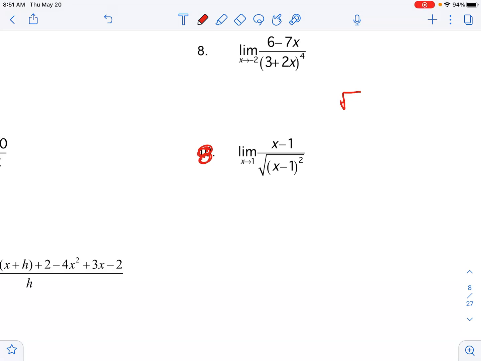Okay, in order to do this problem, what you need to think back to is something from algebra. So the square root of x squared is the absolute value of x. And if you think about the absolute value of x, there's your two scenarios. It's x if x is greater than or equal to 0, and it's the opposite if what's inside the absolute value